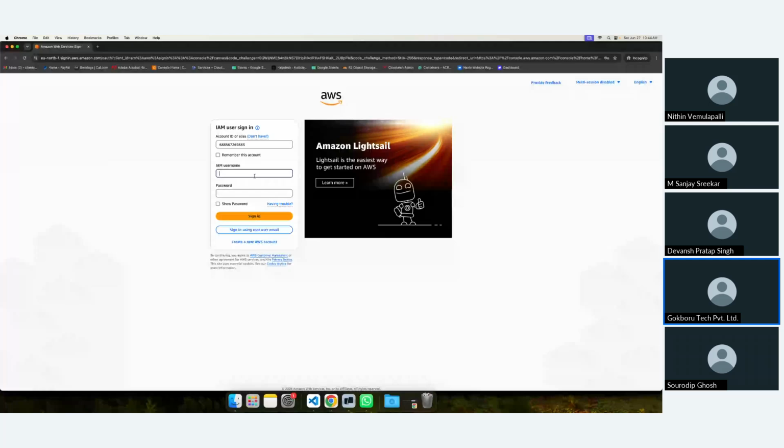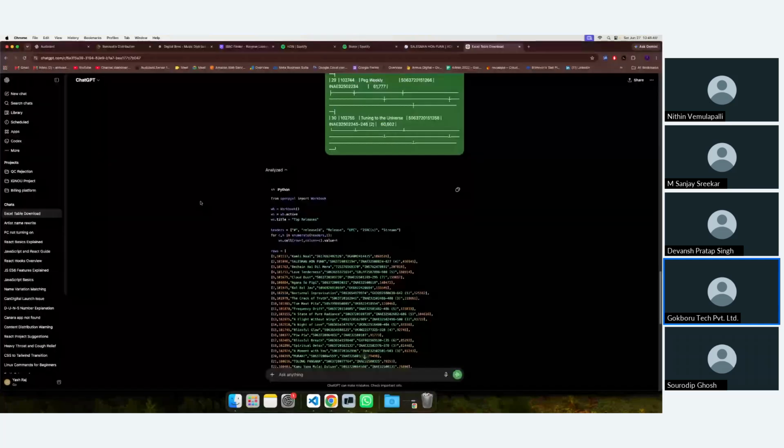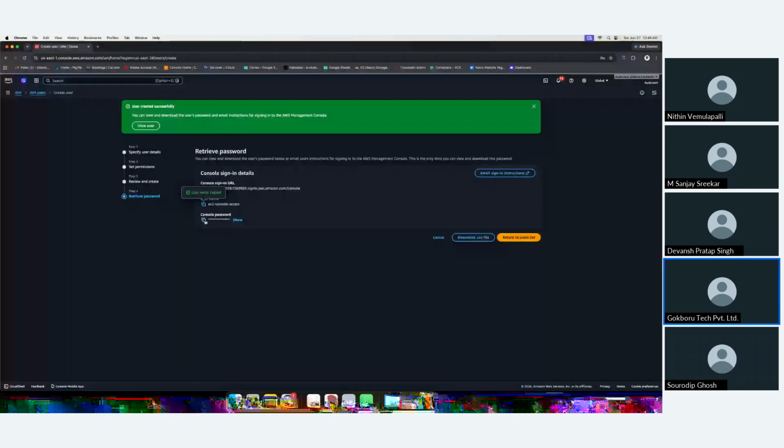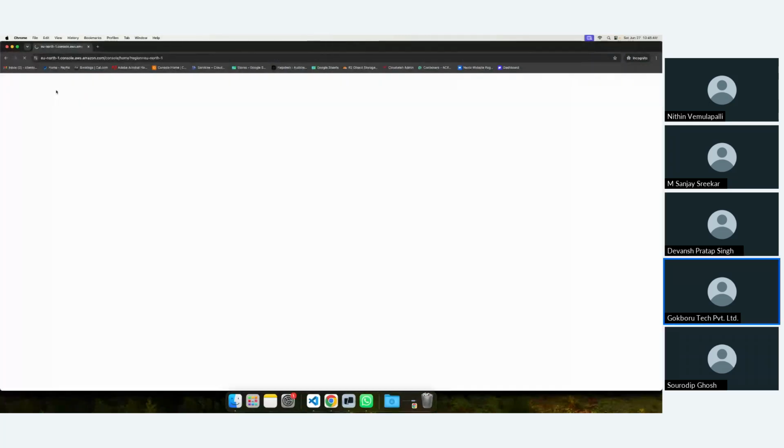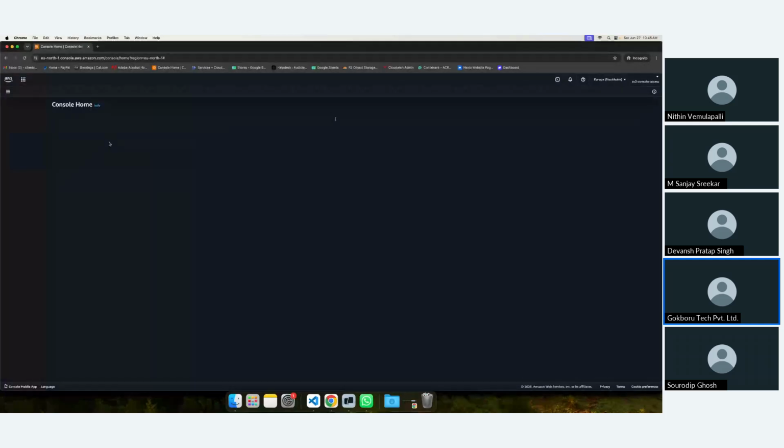And then username and password. Username and password. Sign in. So now I am able to sign in to the website, AWS console basically, and I will be only